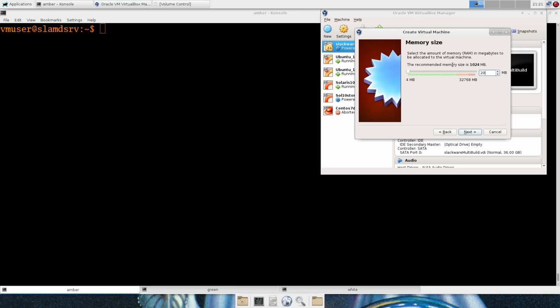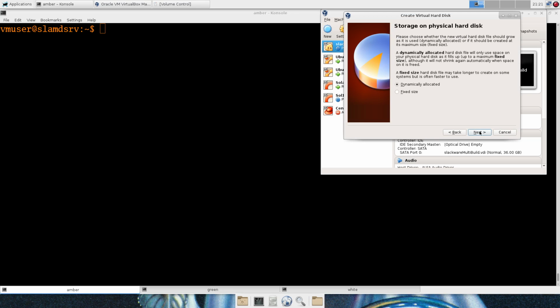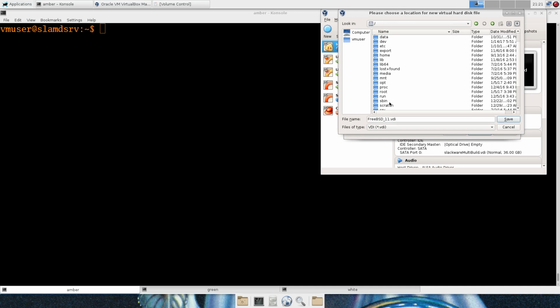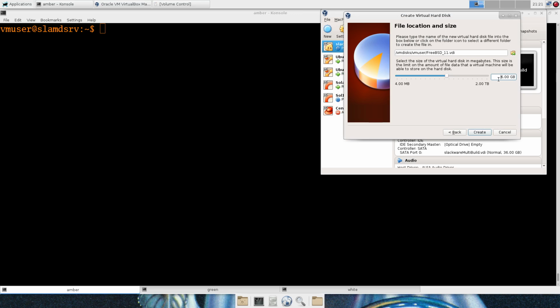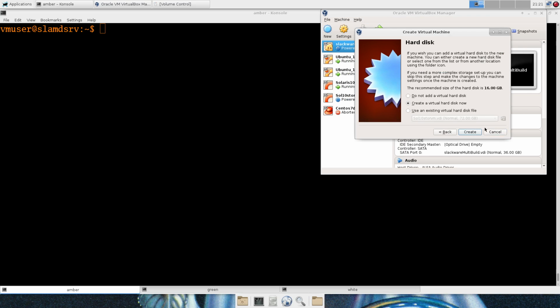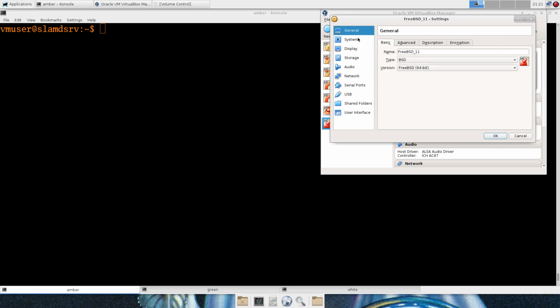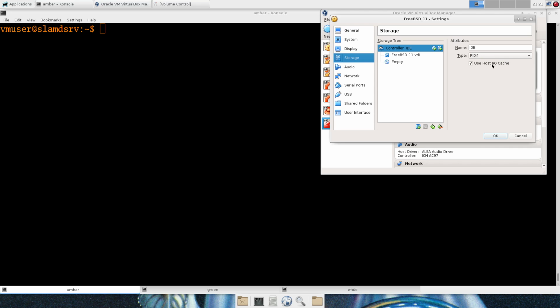I'll give it a little bit more memory than that. And we'll do 36 now. Do 72 gig VirtualBox images. And let's tweak some settings here. We'll give it a second processor. And